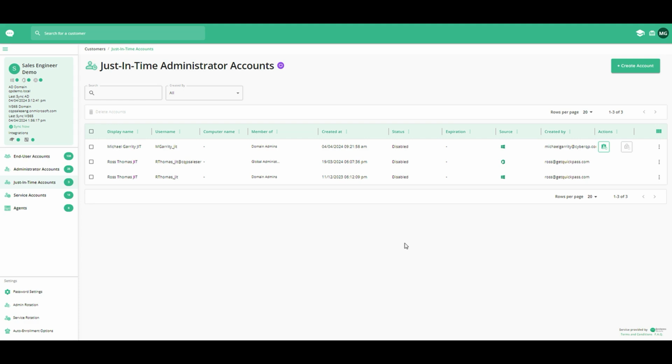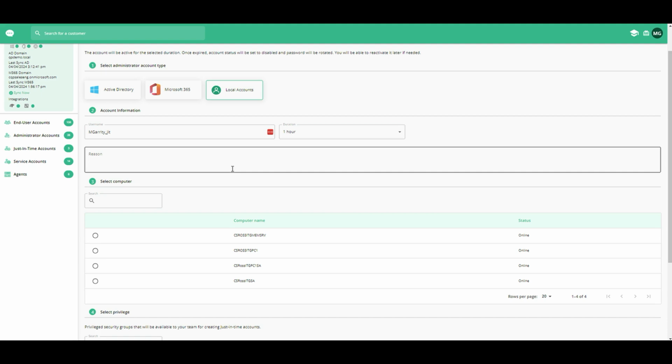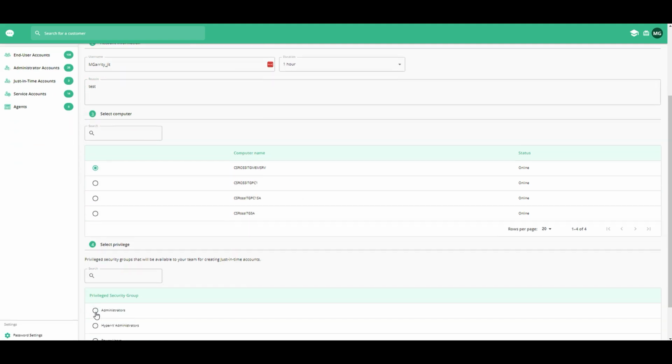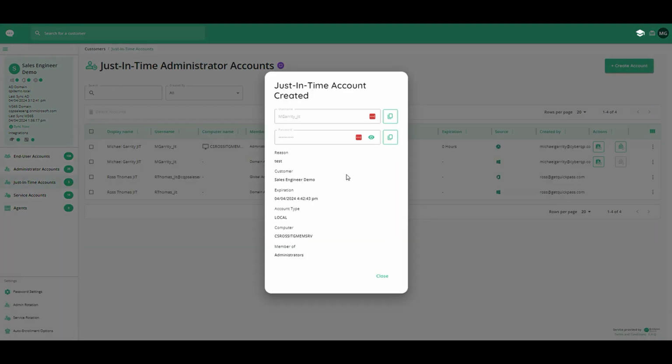Let's take a look at a customer that has multiple machines added. So if I go into Create Account, Local Accounts, if I scroll down, you'll see all the machines for this client. I'm going to go ahead and create one for one of these machines. For the reason, I'm just going to put Test. I'm going to select the server or workstation and select the privileged security group. I'm going to click Create Account. Once again, we're given the modal with our credentials and details. I'm going to click Close,